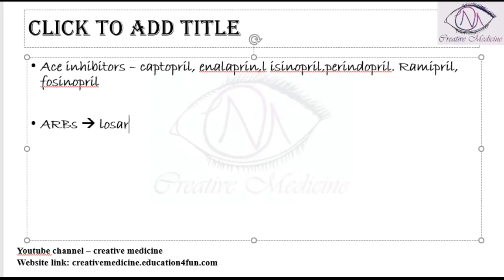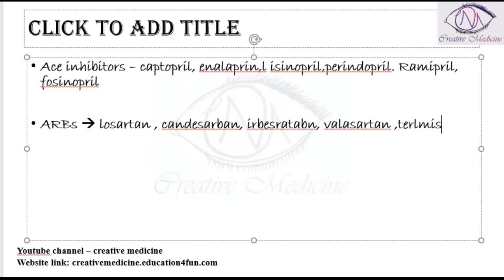These angiotensin receptor blockers are losartan, then we have candesartan, irbesartan, then valsartan or telmisartan, any one of which can be selected. These are ARBs. Then we have calcium channel blockers like nifedipine, felodipine,